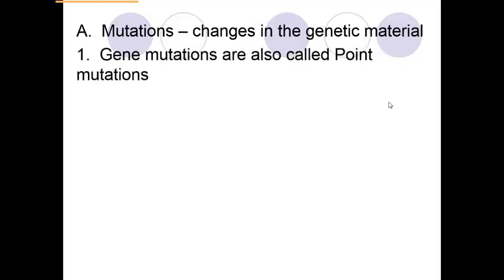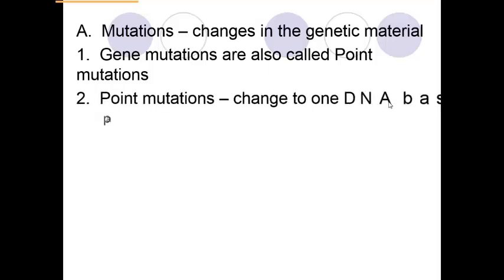In the video and also in class, you're going to be hearing me use the word gene mutation, but you'll also hear point mutation, and those are referring to the same thing. So I just didn't want you to get confused. When you see point mutation or gene mutation, we're referring to any change, and usually it's one base. Sometimes it's one or two, but it's a very small number of changes to your DNA. And when we say a base, we're referring to the nitrogen bases of adenine, guanine, cytosine, and thymine, which is one of those parts to a nucleotide.